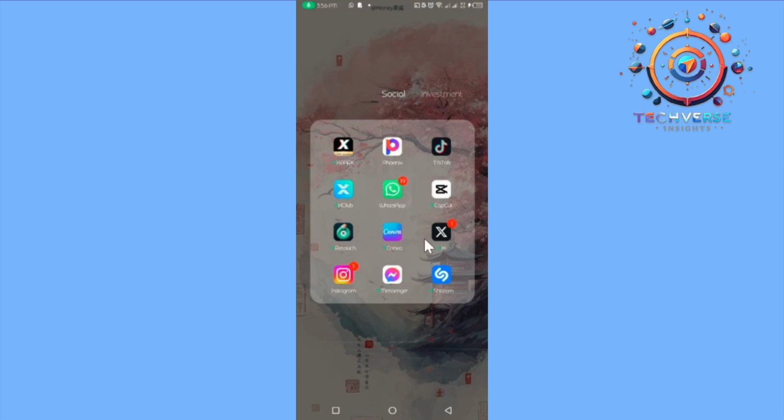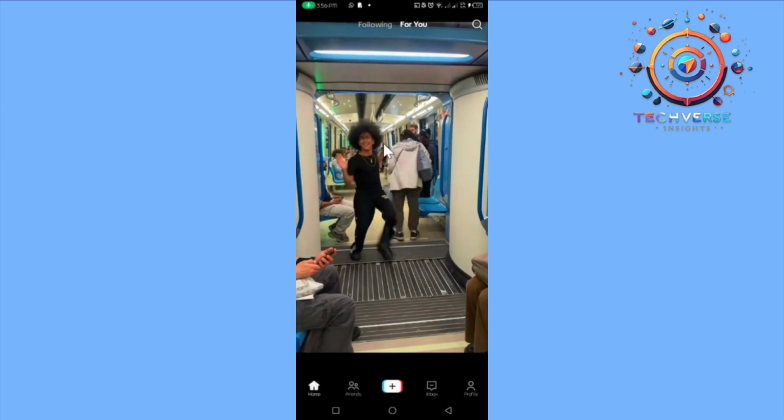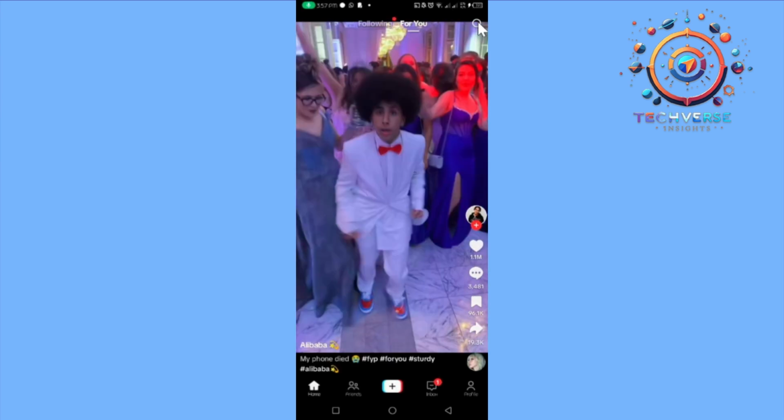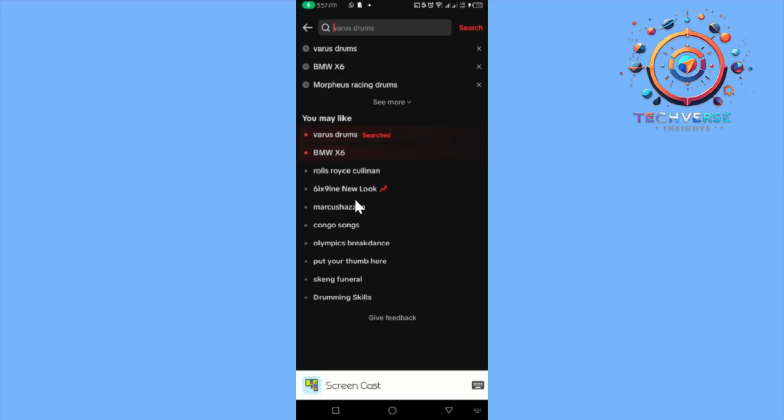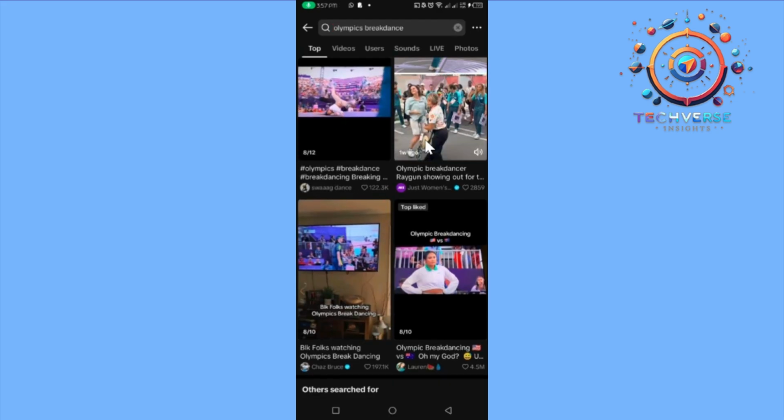Hey guys, today we're going to learn how to check what's currently trending on TikTok, and we can actually see them by the pin on the search icon, and then we are going to see them by the ones that are located on "you may like", and that's how I'm going to look at the Olympics breakdowns. From here I can continue scrolling, and as you can see, I can see the ones that are trending by,